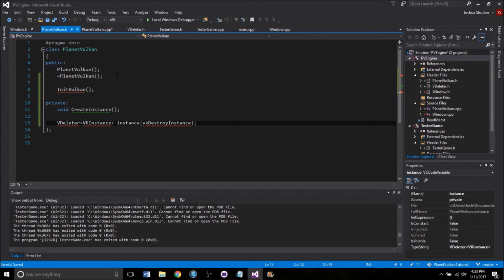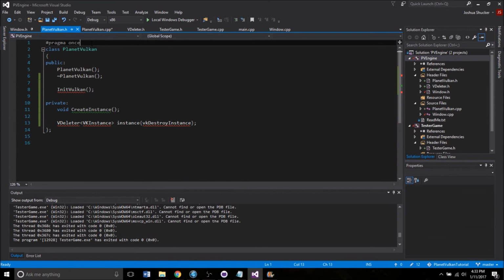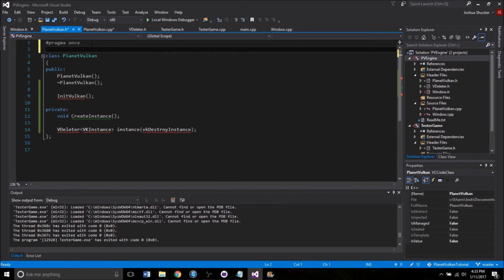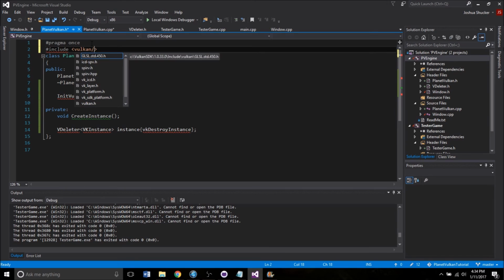And this is going to give us lots of lovely errors, and that's because we haven't actually included either the deleter or Vulkan yet. So we're going to hop up to the top here. Probably should have done this first just for consistency, but it'll all work out okay. So include, and to include Vulkan, we just do vulkan/vulkan.h,